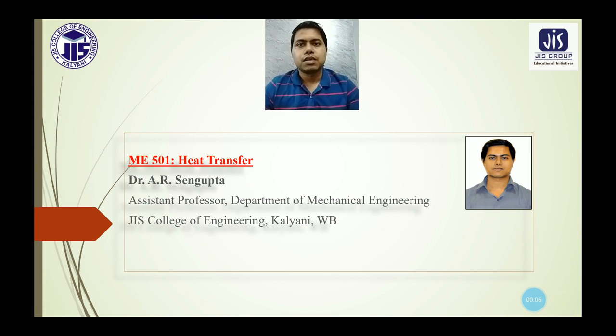So in the earlier lecture, when we started this module radiation, we discussed the concept of radiation, then different surface emission properties, then different types of body like grey body, black body, white body, what those are, their different examples, then the relation between absorptivity, emissivity, reflectivity. So all these different things we have discussed.